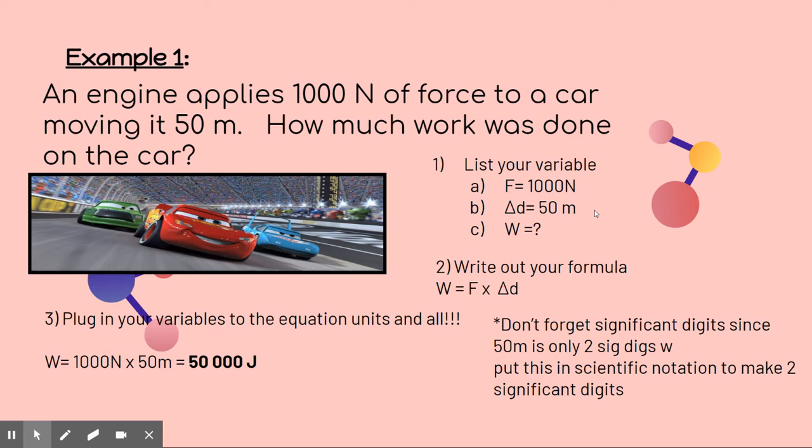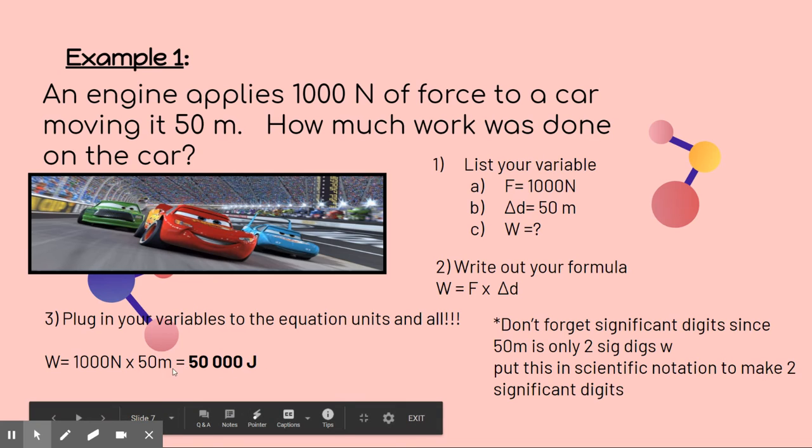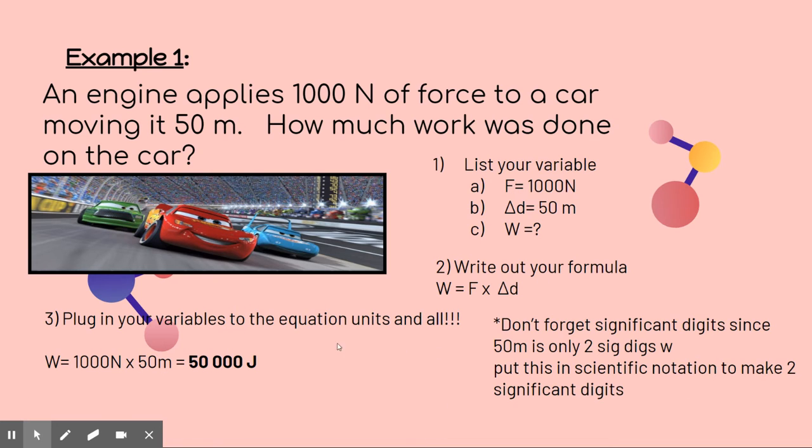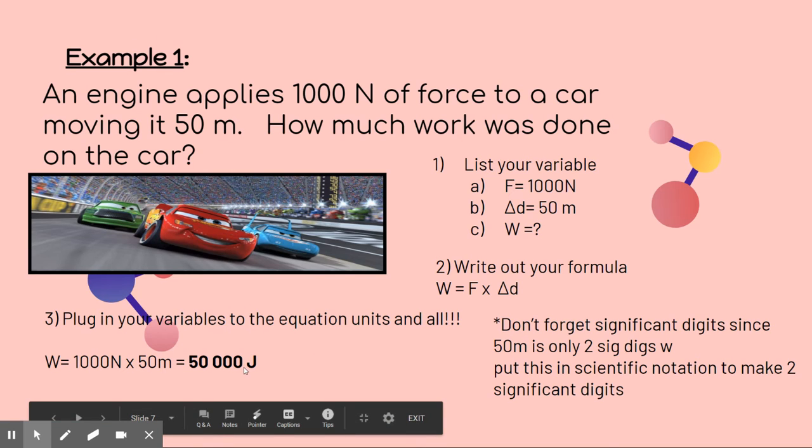So you need to make it so that there's only 2 significant digits. This is a problem though, because this is a really big number and there's more than 2 significant digits here, because we have 50,000 joules. So we're going to have to use scientific notation to make this work. Reminding yourself that the decimal is here, you're going to have to count until you have a number between 1 and 10. So I'm going to move my decimal 1, 2, 3, 4 spaces so that I have 5.0,